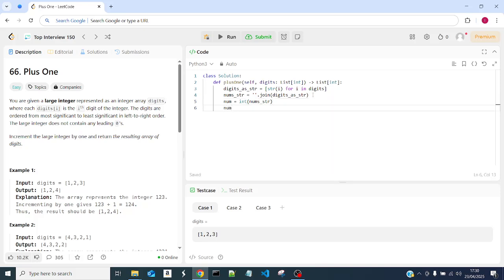We will increment by 1, plus 1, and now we will do the reverse process, and we will get the string. Let's call it new num. New num string is the string of new num,